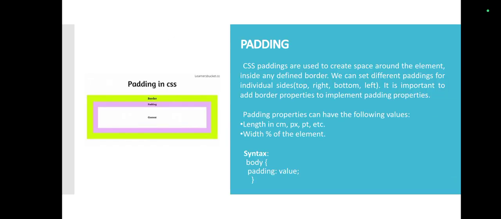Now we will learn about padding. CSS padding is used to create space around the element inside any defined border. We can set different padding for individual sides, top, right, bottom, left. It is important to add border properties to